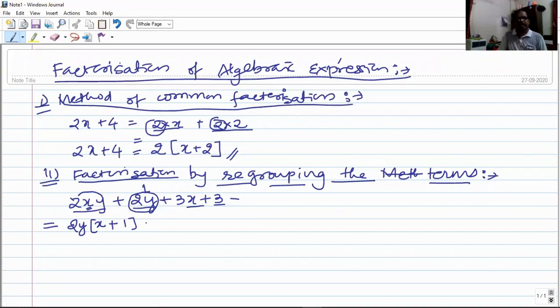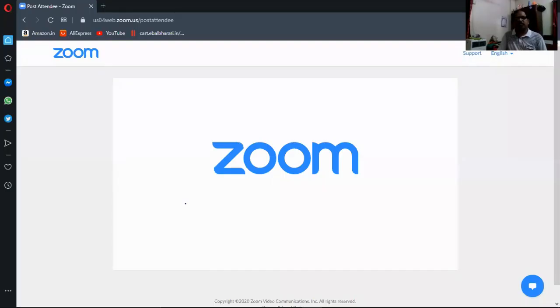Again, in the last two terms, what do we have common? 3 is common. Obviously 3 is common. You can see that 3 is common among them, and no other variable is common. So taking 3 common from the last two terms, what is left? From the first term, as it contains the two factors 3 and x, 3 is taken common, so we are left with only x here, right?